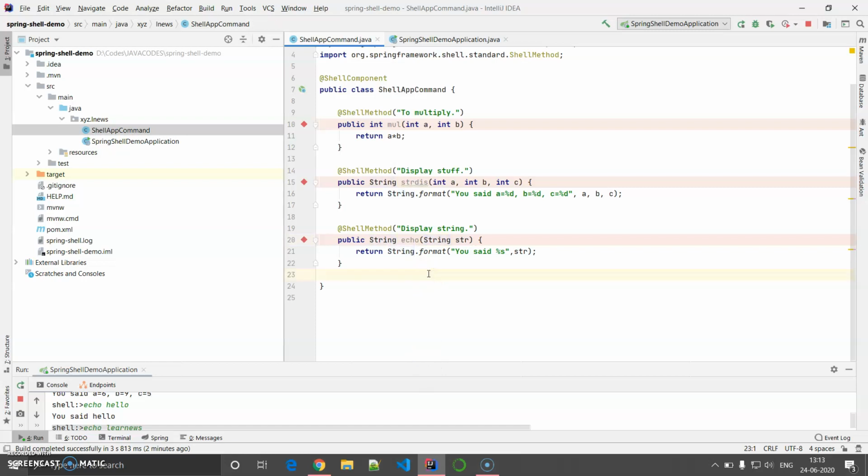So let me conclude my session over here. In this way you are going to use Spring Shell. It's a wonderful, powerful technique that you can utilize to map a particular method to a particular command and utilize that command. If you are sick and tired of the existing REST APIs and you prefer an interactive shell, then you can definitely go for Spring Shell.